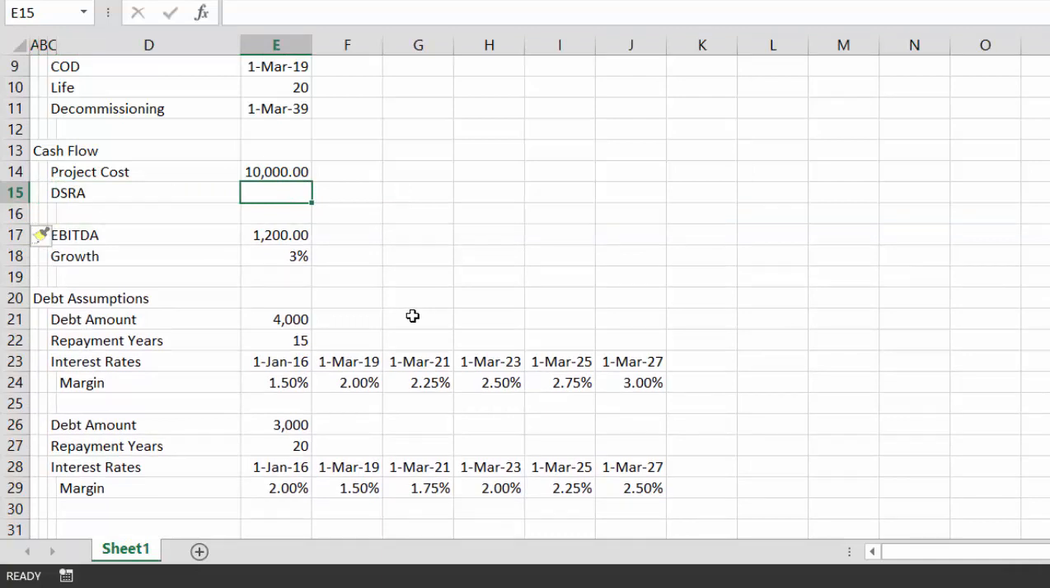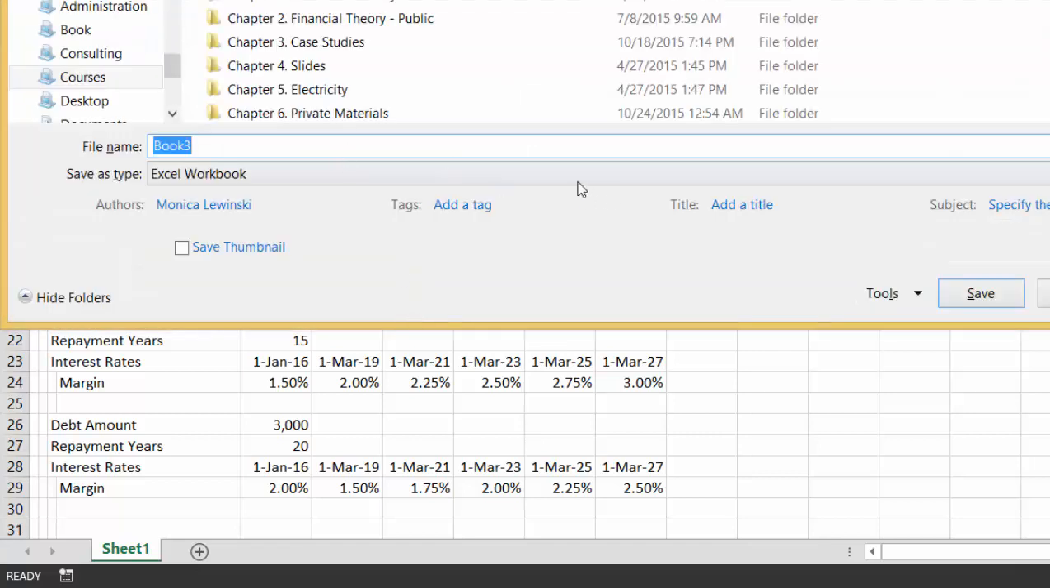And 4,000, 2,000, I don't know. Let's make it 800. Okay? How do we treat the DSRA and the LLCR analysis? So we'll save this as